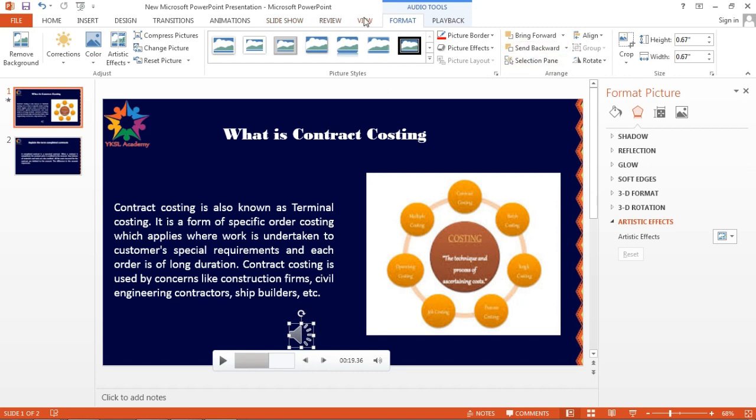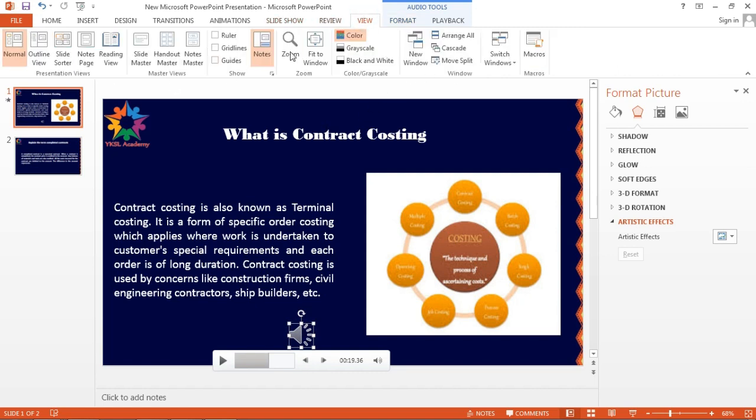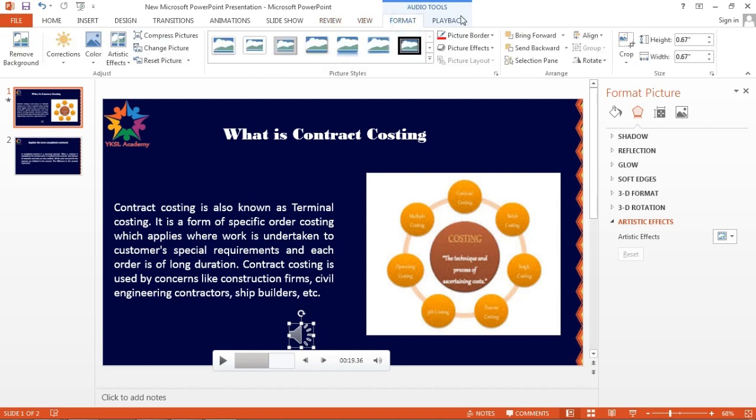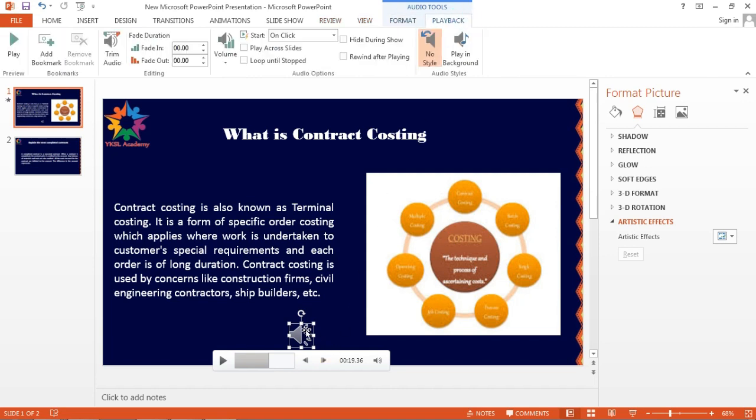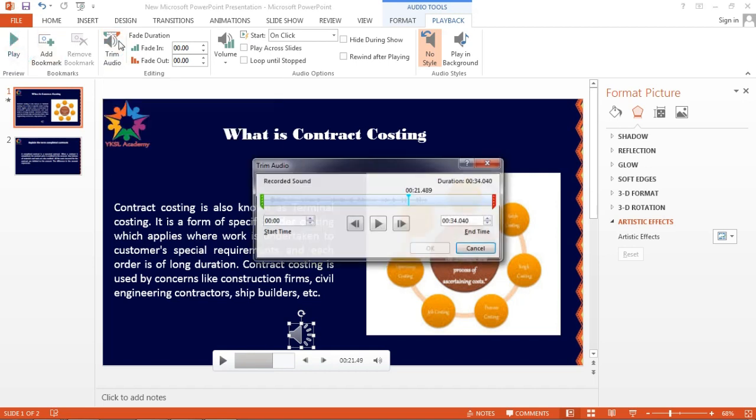Okay, sorry, not view, for playback, just double click this, go to playback, right? So you can check from here. If you want to trim this, just click on trim, just click from where you want to start. See,